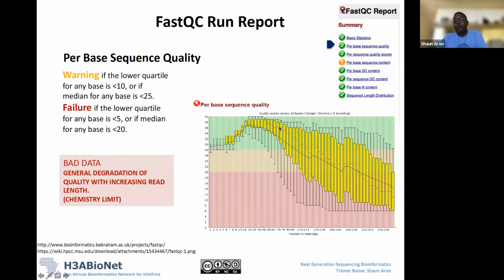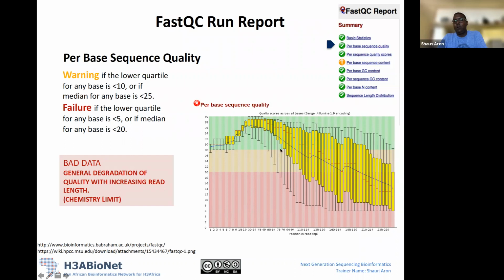And you'll see it starts off good, and then we have this systematic decline in quality across our reads. This is a good example of something where something happened with the sequencing of this particular read: it started off good, and then towards the end of the read it started failing, and our quality scores dropped dramatically. Basically, this is what you'd look at, and I would say that this then becomes a questionable data set,